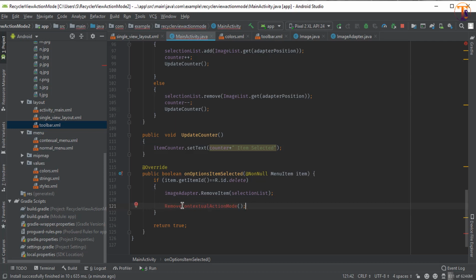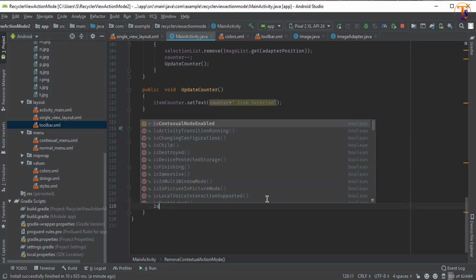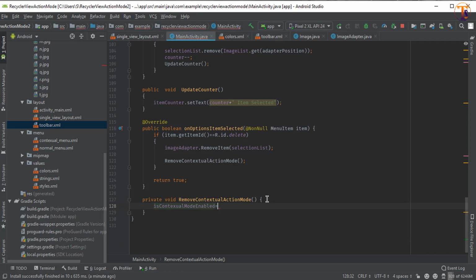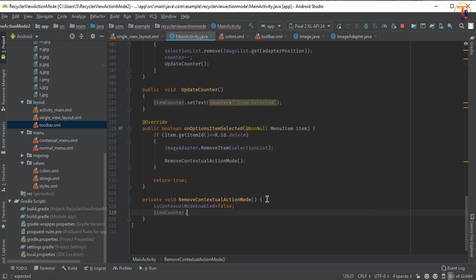So create this method inside this main activity, and here we can say isContextualActionMode is equal to false, and itemCounter.setText, and here we can say my app, and also we have to